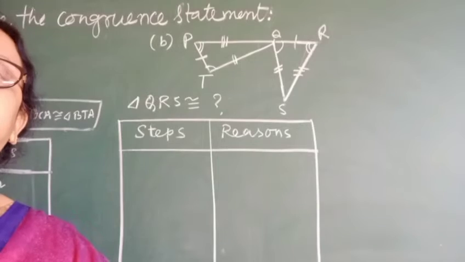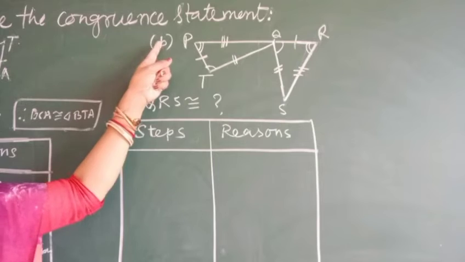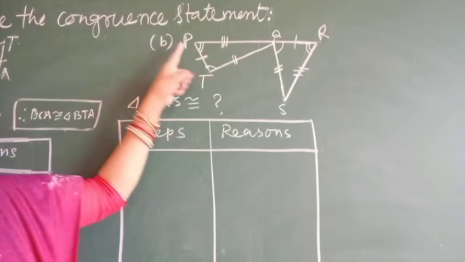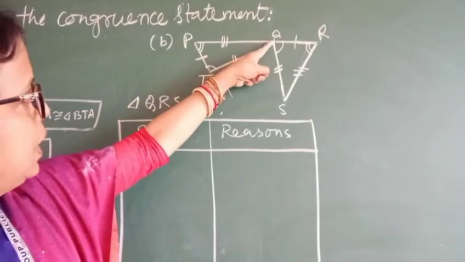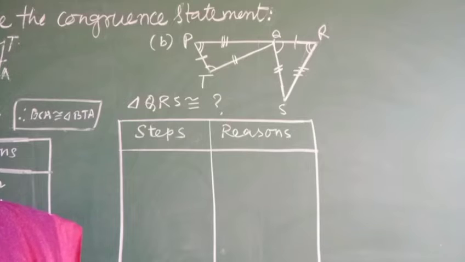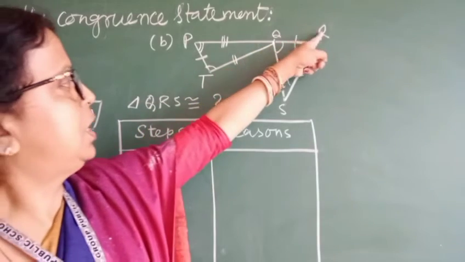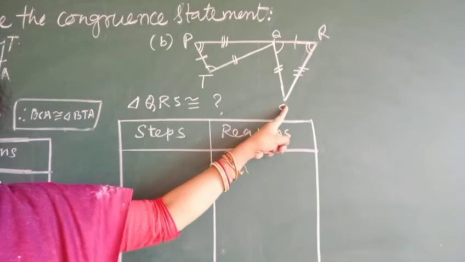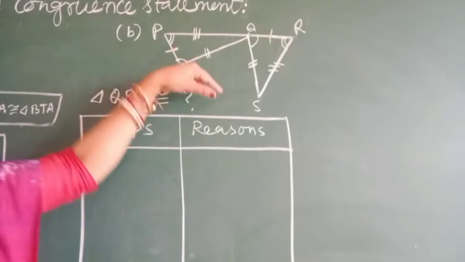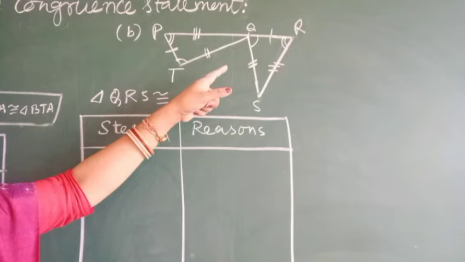Okay. Now come to another triangle. Question number, I have taken, given as B. Look at this diagram, look at this figure. Here PTQ and SRQ are two triangles where you have to find out congruency. See, so many things are given as a part of their congruency. You have to select any one and verify whether these two triangles are congruent or not.